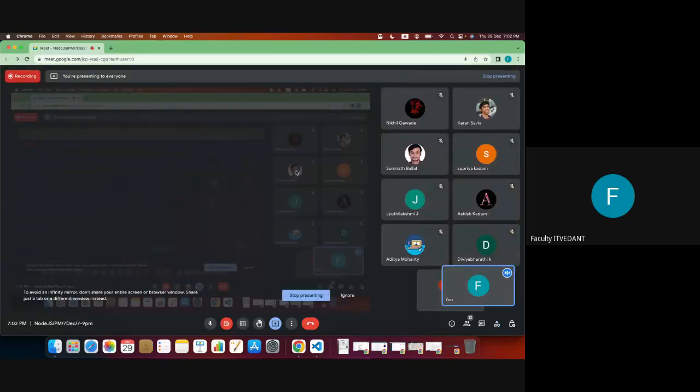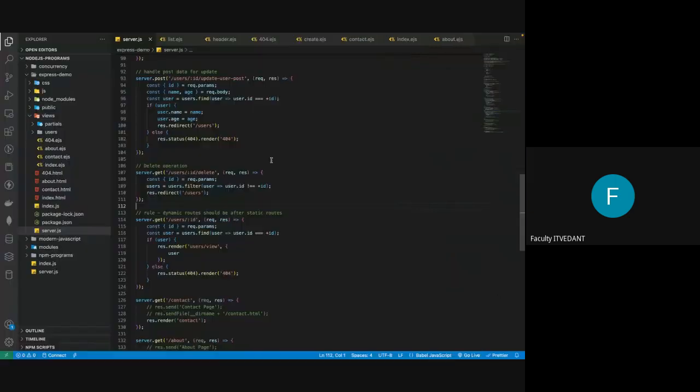So in the last lecture, we have learned about the CRUD operations. We have done all the CRUD operations: create, read, update, delete, using a template engine, e.g., your EJS template engine, and we have displayed some HTML pages as well. Okay. So today we are going to start with REST APIs, but before